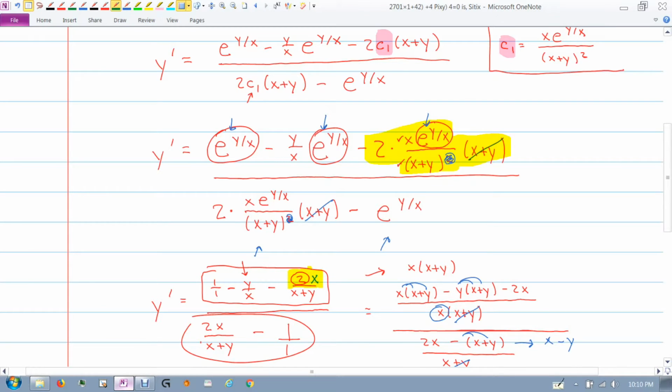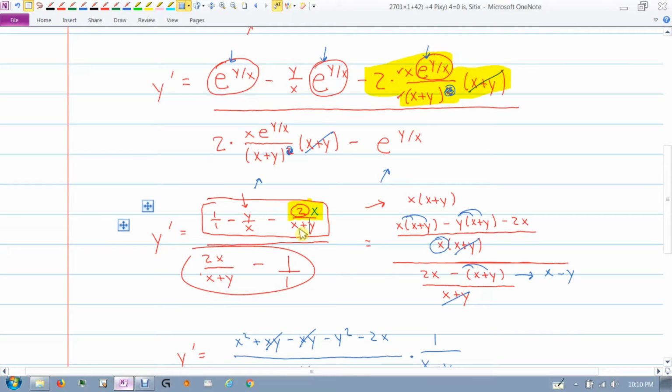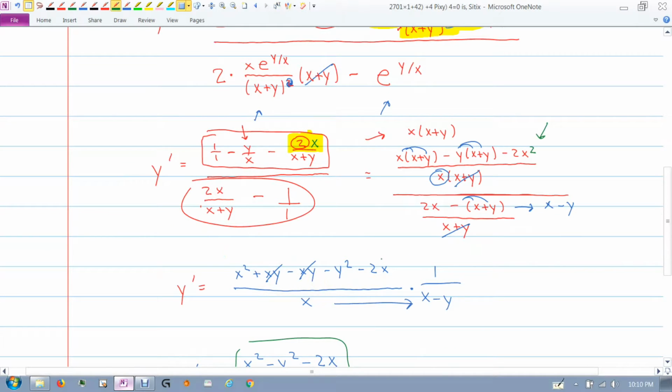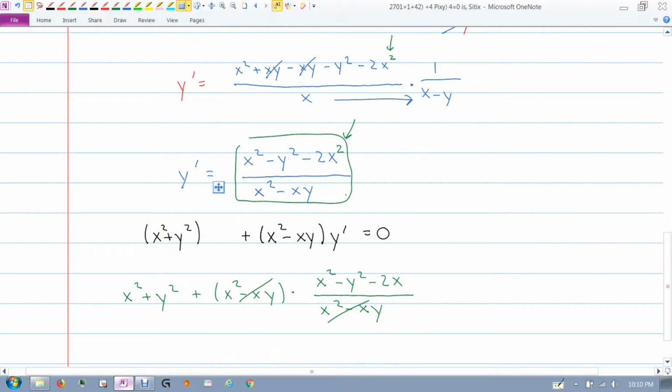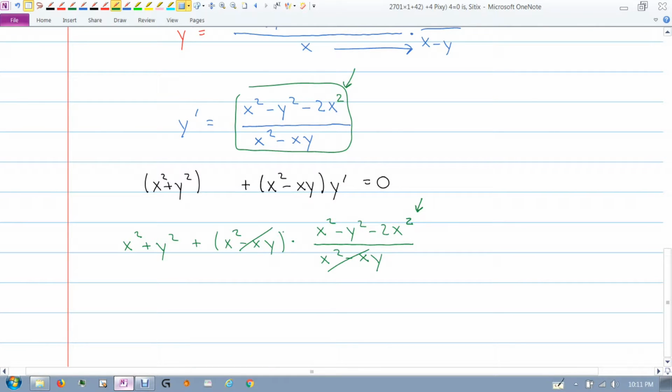I've got x here. Then what we did is we got a common denominator, so I had to multiply this by x times x plus y on the top, this by x plus y on the top, and this by just x, and that would have turned this into an x squared. You see that right there? Then, when we did our distribution through here and through here, the only difference is this last term would be x squared, and then this would be x squared here, and then when we did our y prime, this would be x squared here. These would cancel, but now